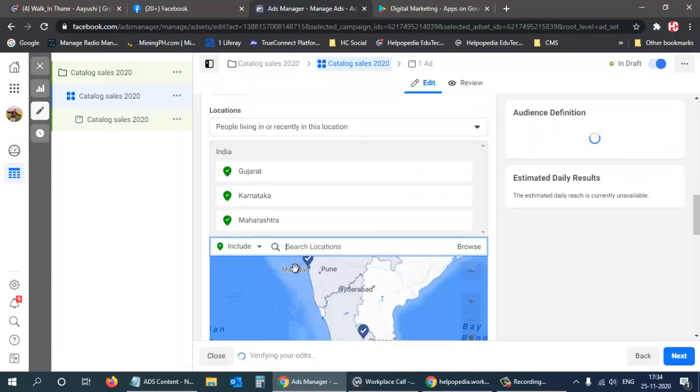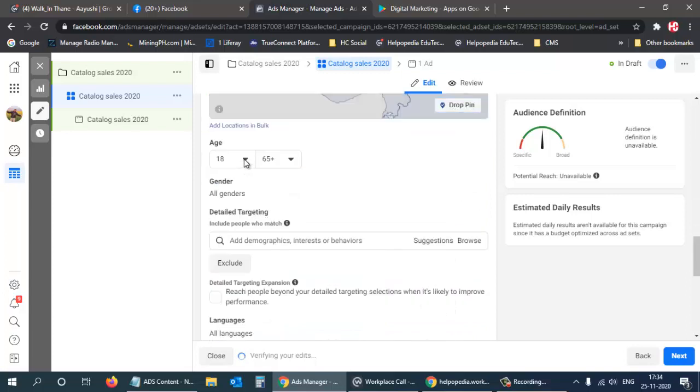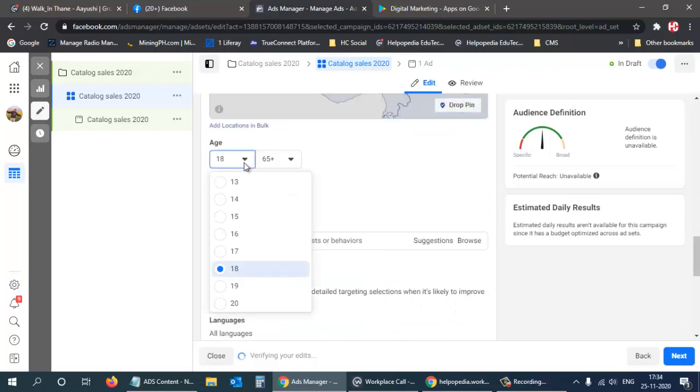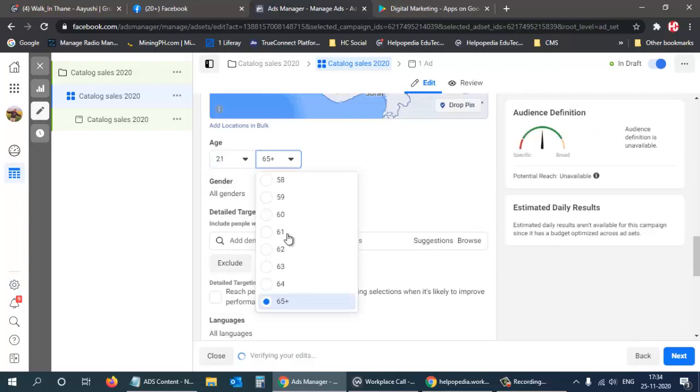Okay, so these three states I'm targeting, and the age limit this time I will keep from 21 to maybe around 45, yeah, 45 is fine.